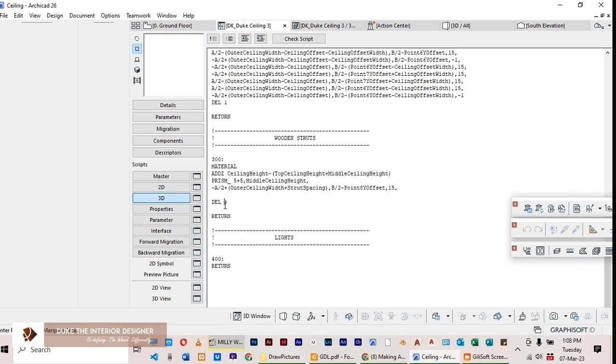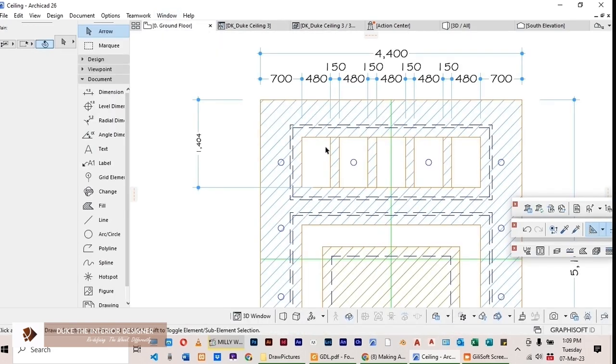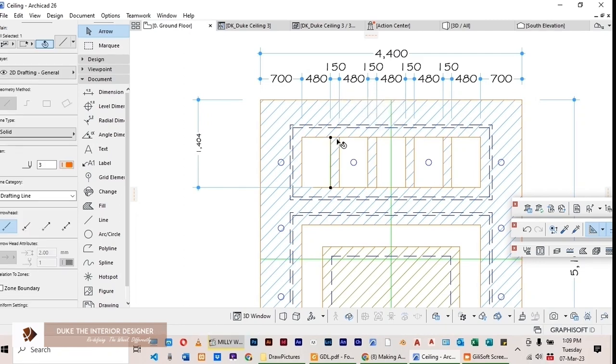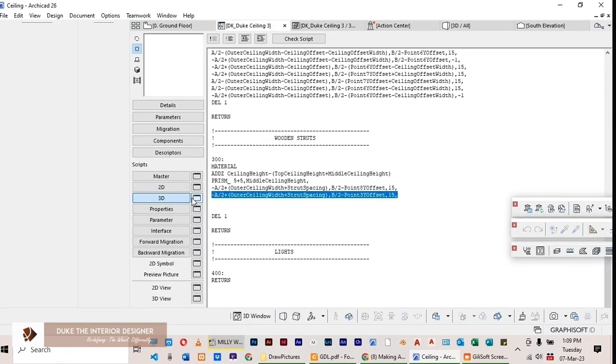Okay, come here. Can paste this one here. Copy this. For the A value, it remains, but for B, replace with this. And now we go to the other point. We are already here. We go to this one. We already know that our strut is 150. So when you copy this,